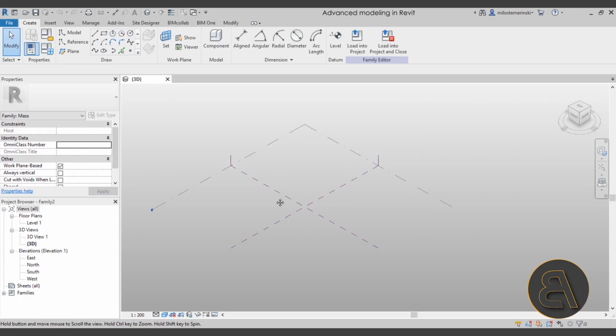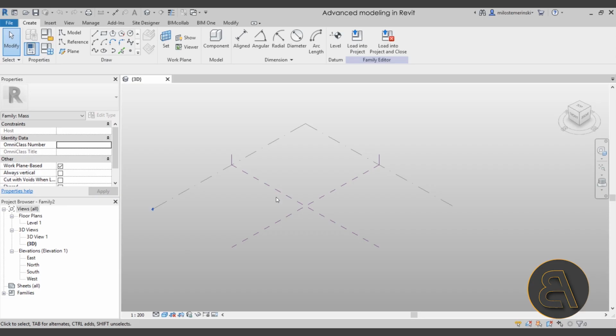massing environment. But of course, unlike all of the families, the tools are quite different. So if you're familiar with the family editor environment, you have the tools for creating extrusions, sweeps, blends, revolves, swept blends, etc. Now here in the massing environment, it's quite different, and it can be really confusing, especially when you're